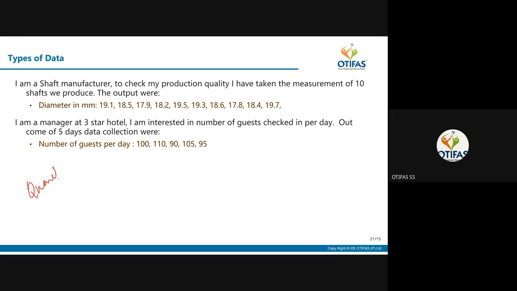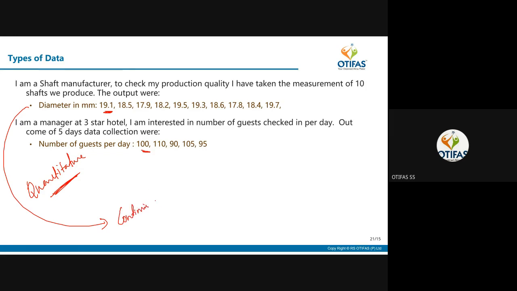Can we call both quantitative? Both are in numbers or not? Yes, sir, so it's quantitative data. Both are quantitative, isn't it? Both are numbers. That's the similarity. Now what's the difference? The number of observations. Yes, this is a fractional value and this is discrete, isn't it? The difference is that this we call continuous data.